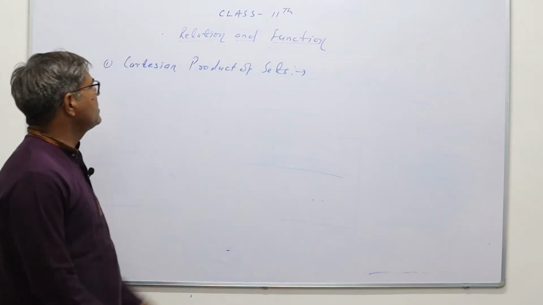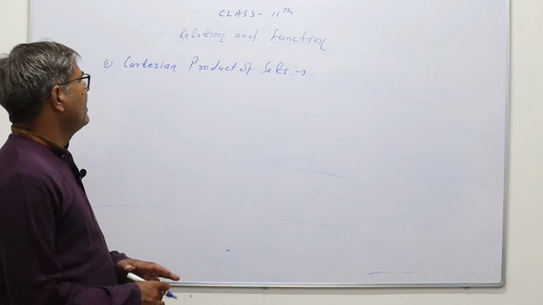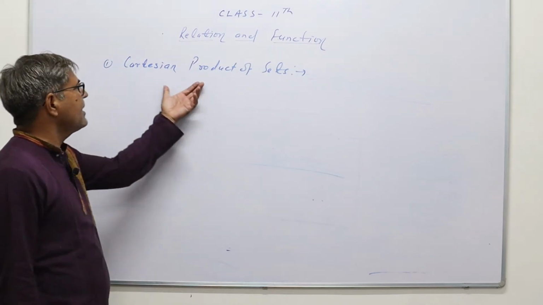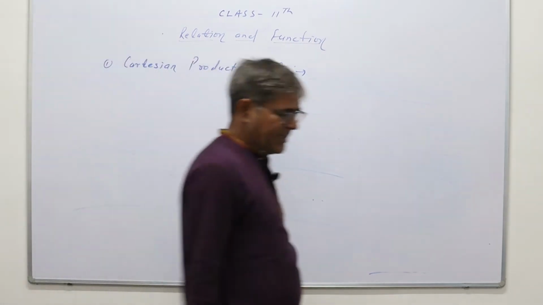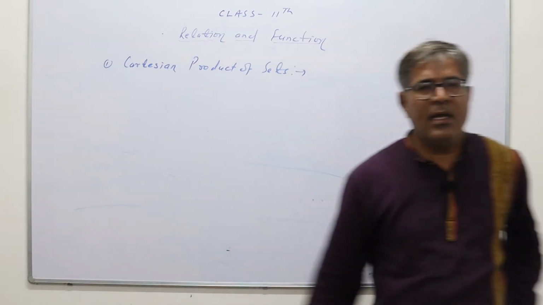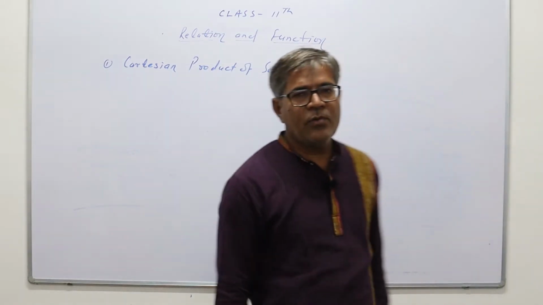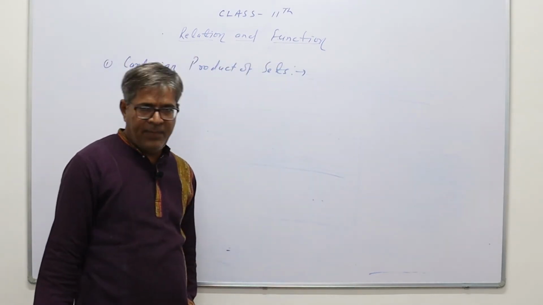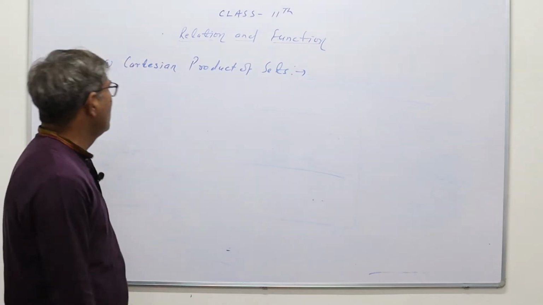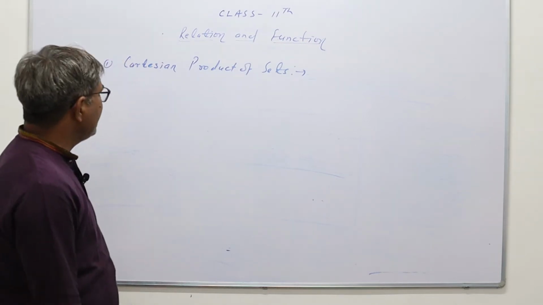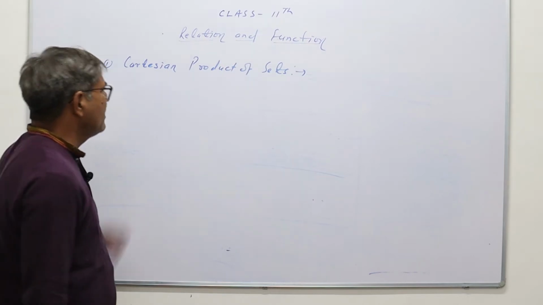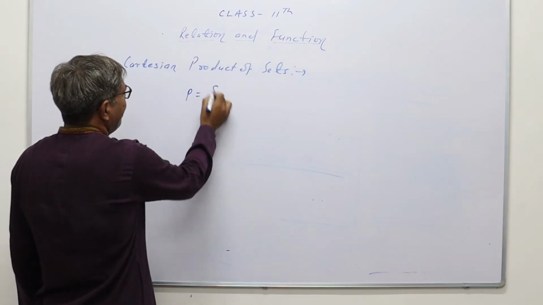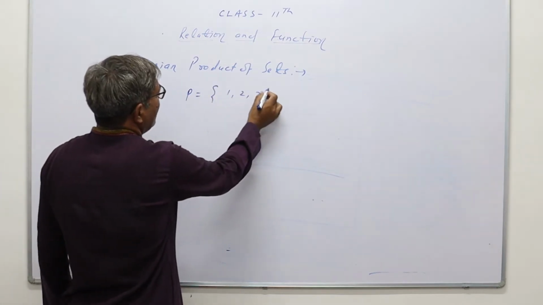So first we will discuss the relation, and in this, the first topic is the Cartesian product of two sets. In the first chapter, we discussed a lot about sets, types of sets, then application of sets. So here to explain the Cartesian product of sets, first let a set P is given 1, 2, 3 and